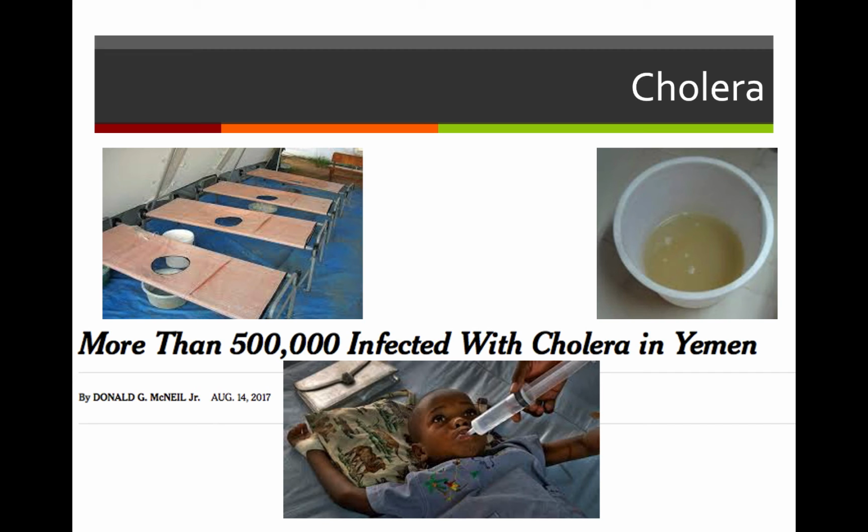So you'll see these cots, they have a hole in them. There's a bucket that goes under the hole. I'm hoping by now you've been able to picture what part of a person's anatomy would go above the hole. The patients are laid down on the cholera cot. The fluid that is passed is collected in the bucket. This is called rice water stool. The patient experiences so much diarrhea at such a rapid rate that after the first few times, there's no more food in there. There's no real feces. So it's just water, bile, and mucus. And this is just teeming with bacteria.